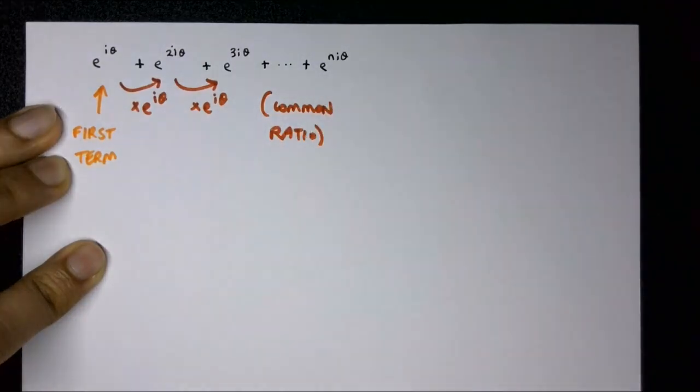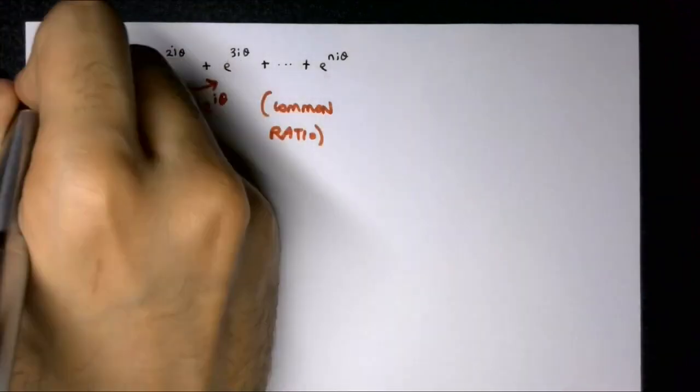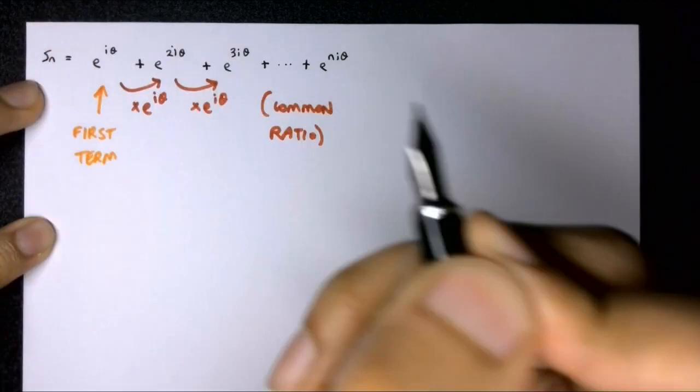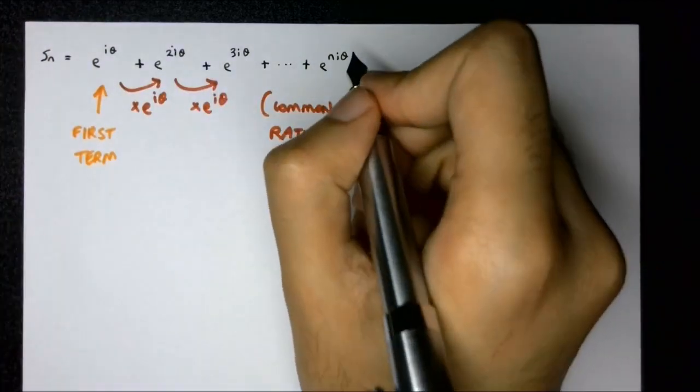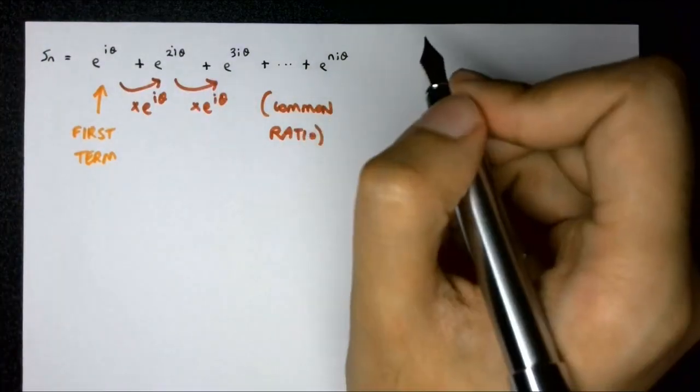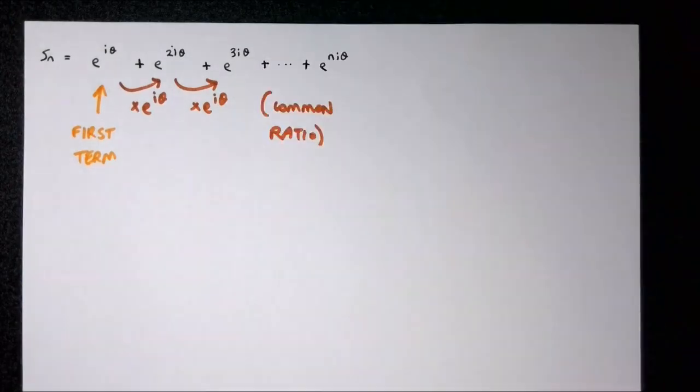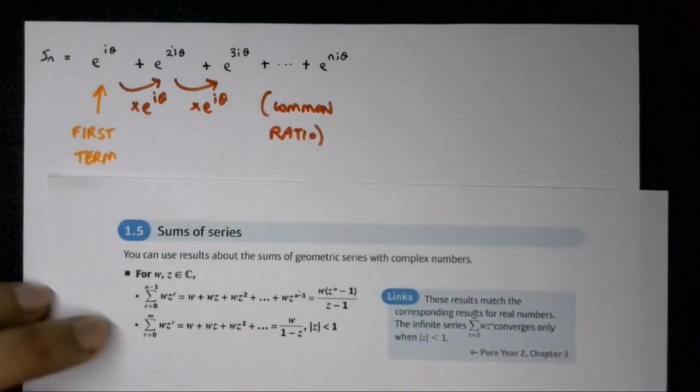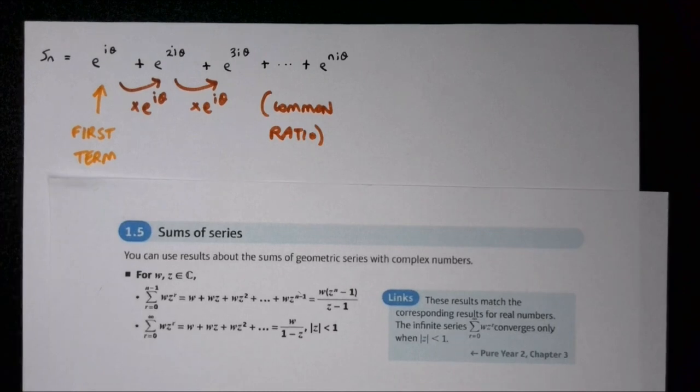Now, if we add all these together, the sum of the series, we'll call this Sn. If we use what we mentioned at the start of this video over here, okay,